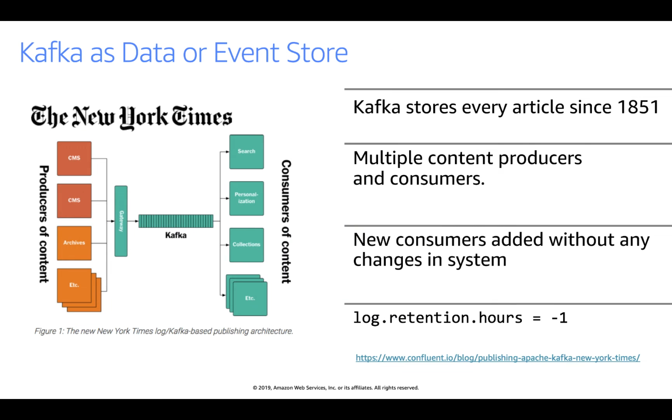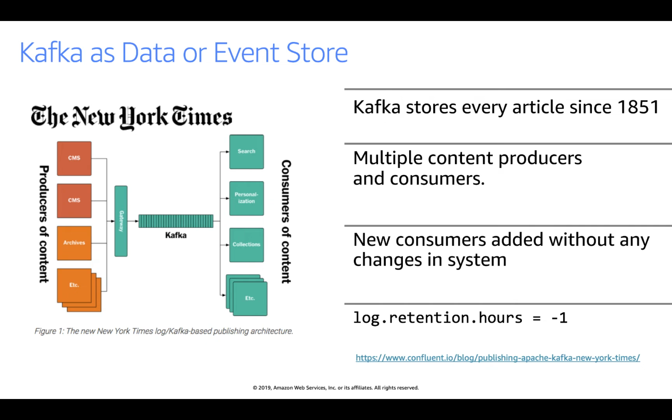Now, the last thing I want to point out is a very interesting architecture that was done by the New York Times. It's using Kafka as a data store, where the data in the store never expires. So there are a number of producer systems that produce digital content, and all the content that is produced by those systems is stored in a single Kafka topic. And there are also a number of consumer systems that read the content. And Kafka in this way is storing the messages. It's almost acting as a database